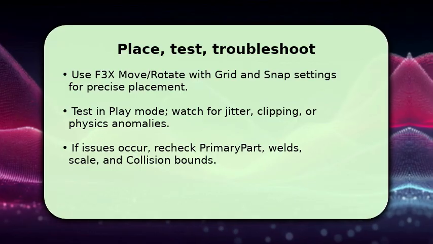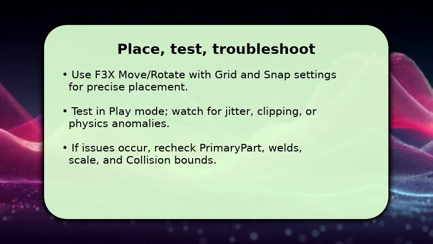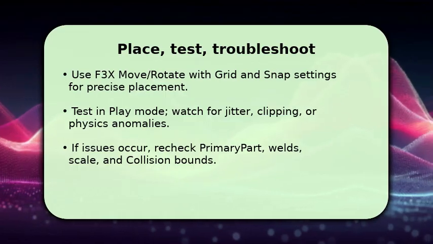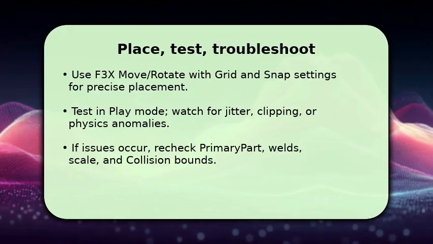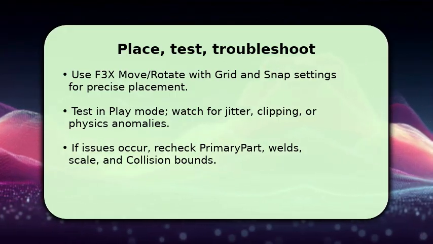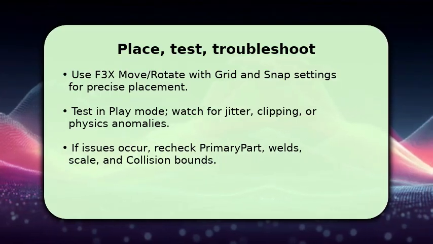If you see jitter or separation, stop and recheck the primary part assignment, weld constraints, and frozen transforms, because most problems trace back to those. Also confirm scale and mesh bounds. Oversized collision boxes or non-uniform scale often cause unexpected